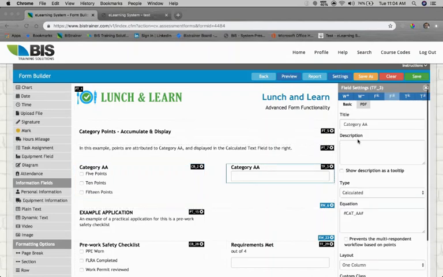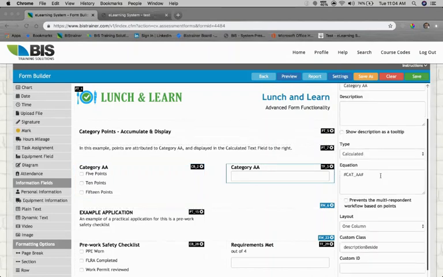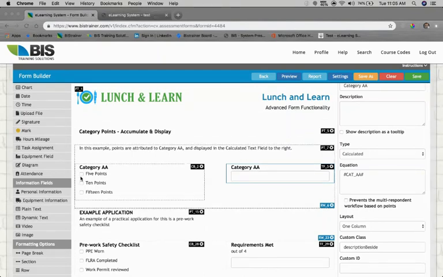When we highlight that, it simply is initiated as a calculated field, and then you can see the equation is number sign cat underscore AA number sign. So that gives you the ability then to say that whatever is checked off here in this box will display in a subtotal here within this category field. Now, as an example of that, I've launched the form in its preview mode,